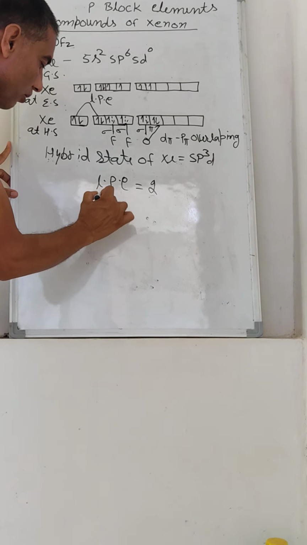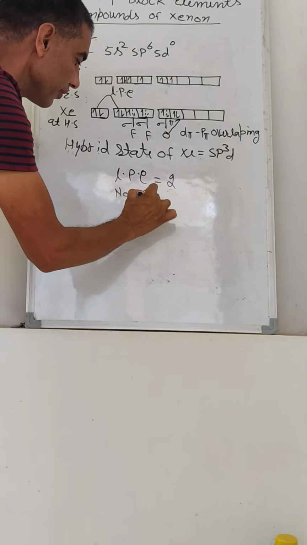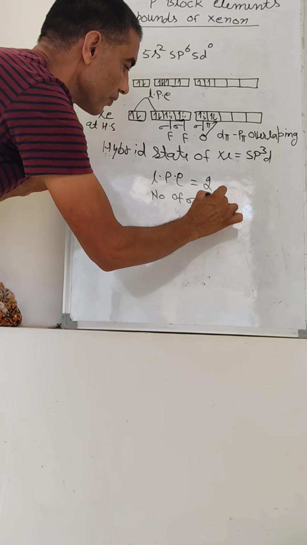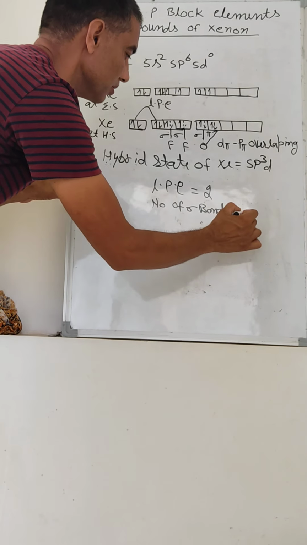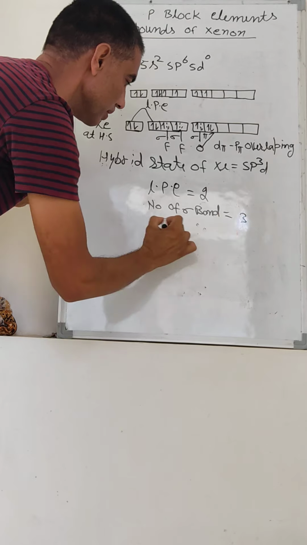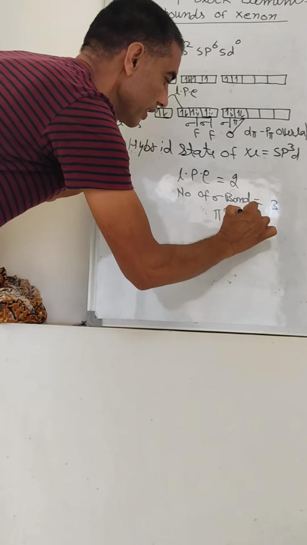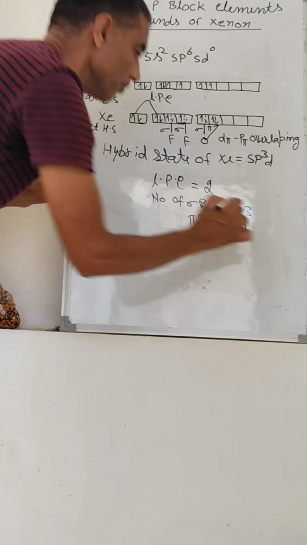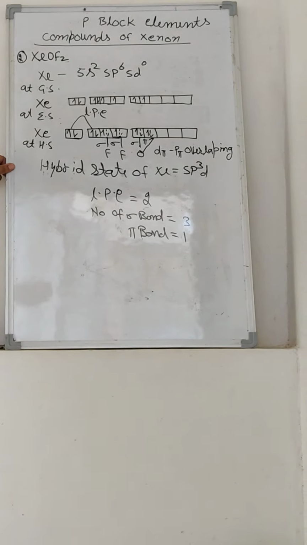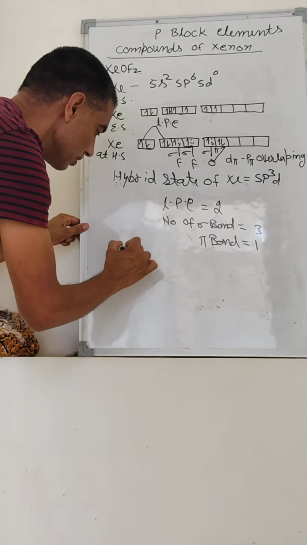Number of sigma bonds is equal to 3. Number of pi bonds is equal to 1. So the structure is given as